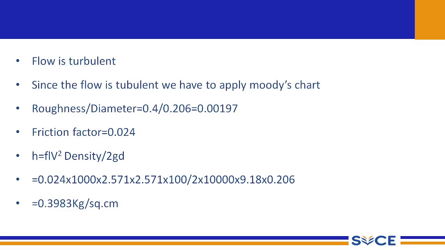This will give you the conversions of the units in kg per square centimeter. So we calculate the delta P, and this delta P is in terms of head, and if our allowable pressure drop is less than this 0.3983 kg per square centimeter, then we can consider the diameter of the pipeline that